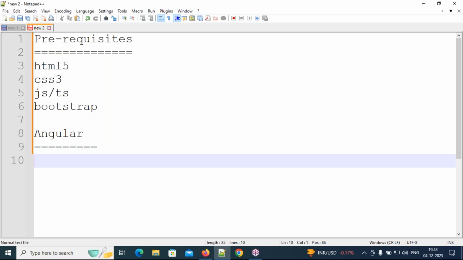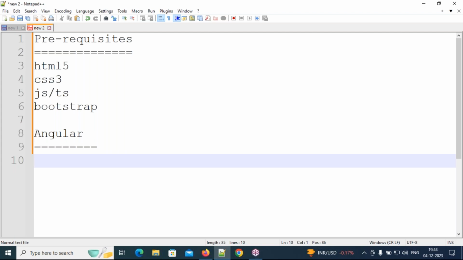So what is Angular? Before going to that, somebody will have some doubts. They have heard about multiple technologies, for example React.js or Vue.js. They will ask, sir, which one is better? Everybody will feel something like that. No need to worry about this. If you learn any framework or library, you can understand any other framework easily, but you need to understand the core concepts.